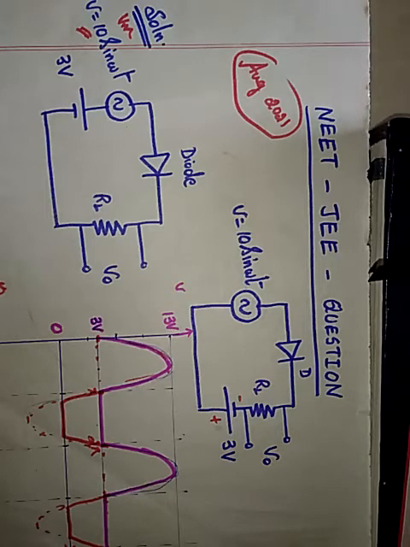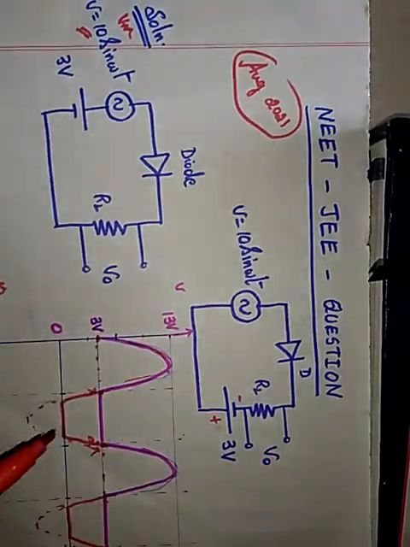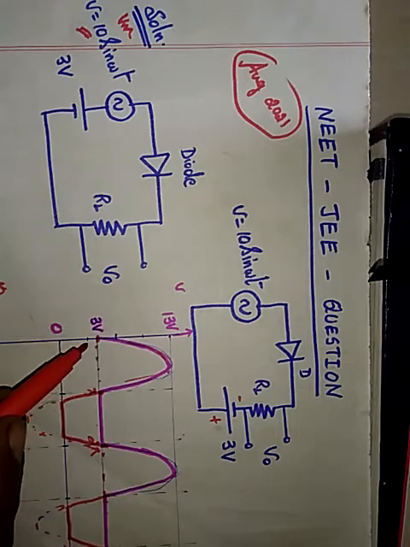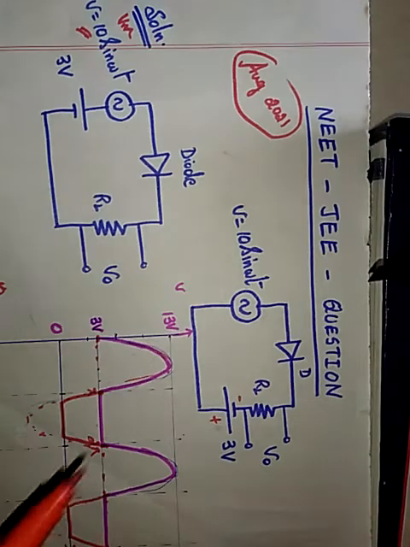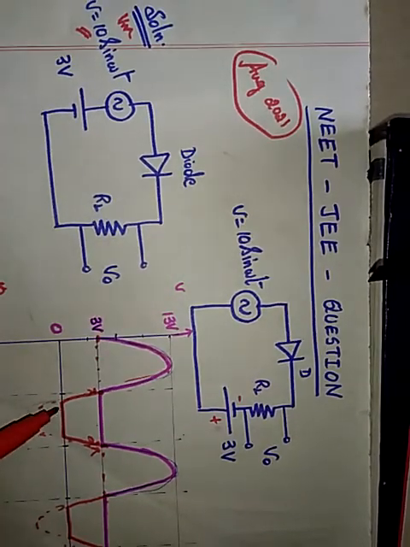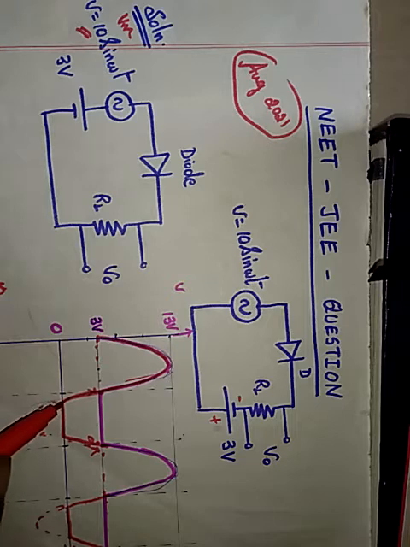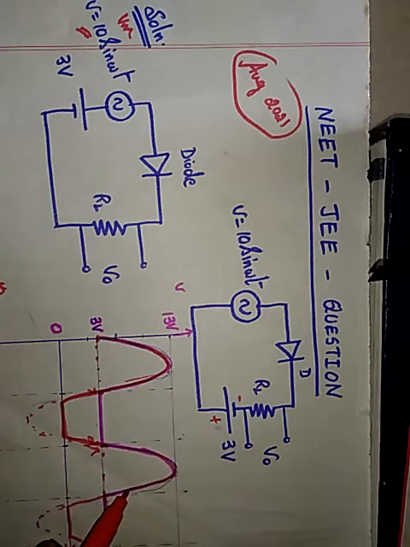For the negative cycle, when it is minus 1 plus 3 volts, which is 2 volts, once again the diode will conduct. And when it reaches minus 2 plus 3, which is 1 volt, the diode will conduct. And at minus 3, so this voltage is minus 3 and we have plus 3 here. So both will cancel and you will get 0. That means the waveform will conduct like this. It goes up to here and stops here. And below that it won't conduct, and once again it will conduct like this. Okay, so the output waveform will be like this.